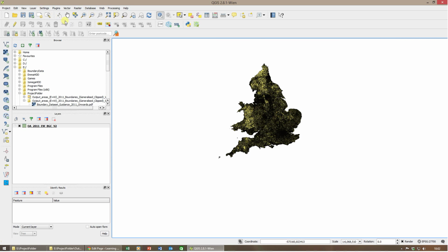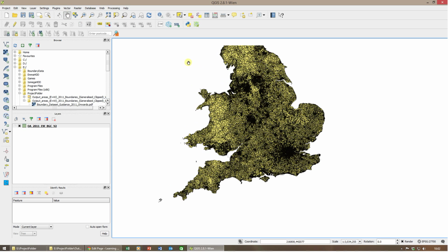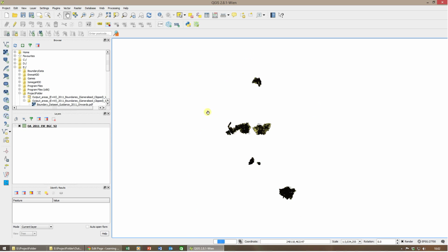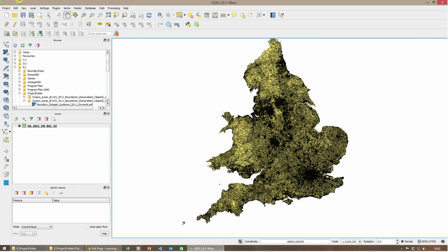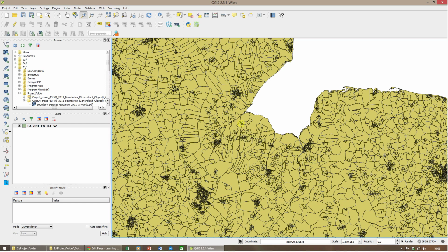Okay, so now we have our boundaries loaded in. We can move around a little bit. If we click on this hand here, we can scroll around by clicking on the screen. If you want to zoom in on any areas, you can either use your mouse wheel, or you can use these icons up here, clicking and zooming in on different areas of the map. If you want to call out some information on any of these zones, if we click the information icon and click on any of these zones, down here in the results window we can see any values that are associated with the areas that we are